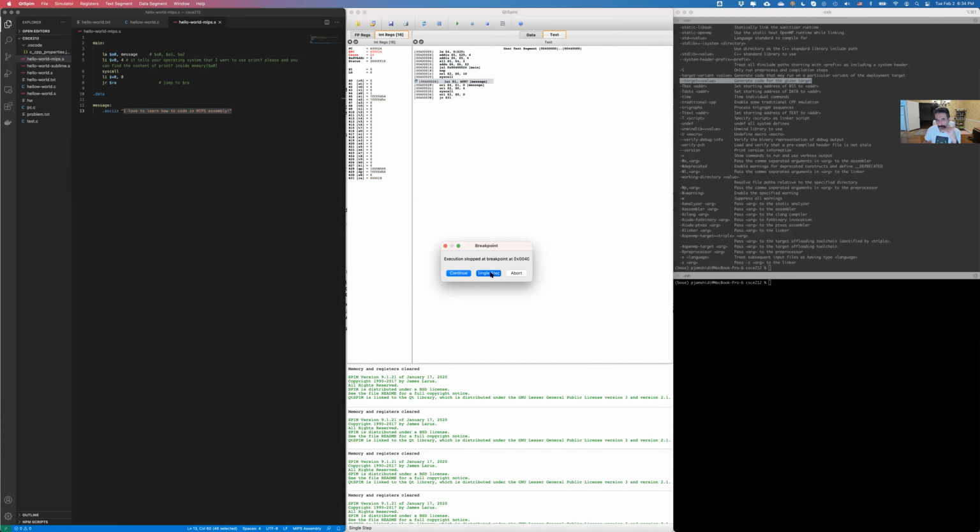It says that this is your breakpoint. Do you want to continue? You can either continue to execute it, or you can say single step, right? This is how you want to use it. So you want to use single step to see what you're going to do. Right here at this stage, you see what is the content of R1, right? And then you again do single step,